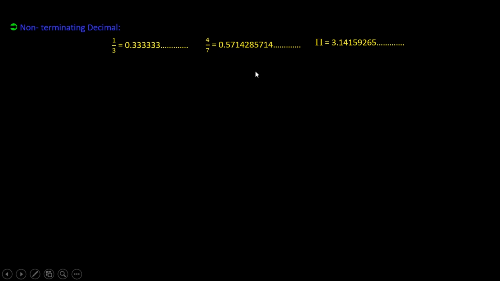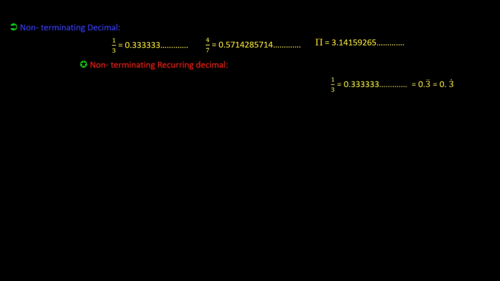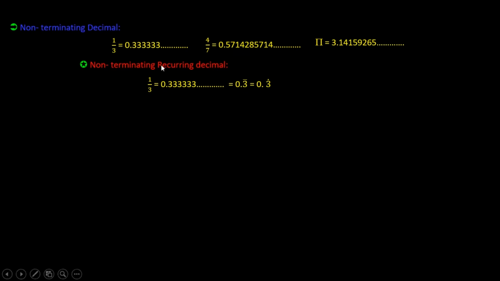Okay, so again, non-terminating decimal is divided into two parts. The first part is non-terminating recurring decimal. Recurring means repeating. So 1 by 3, when you change this fraction into